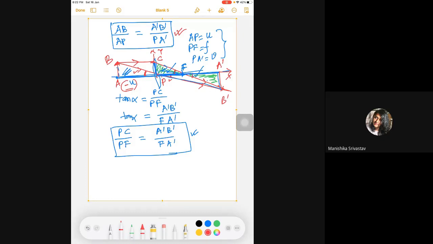After that, nothing else, I'll just put the values of u, f, v and we'll get the formula. But try to understand this convention of the negative u. It is the same thing as when we did kinematics. We saw that one cricket ball is coming in this direction, and somebody is hitting the ball with the bat, and it goes with the same speed in the other direction.